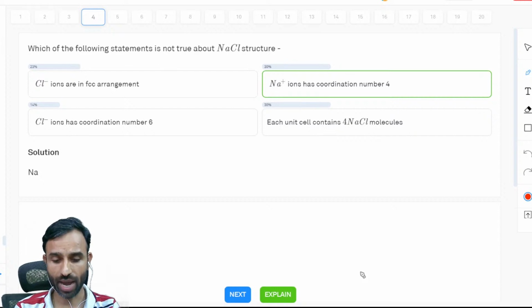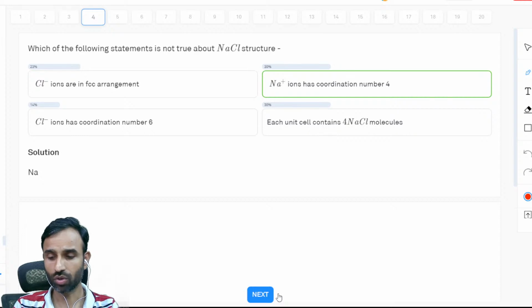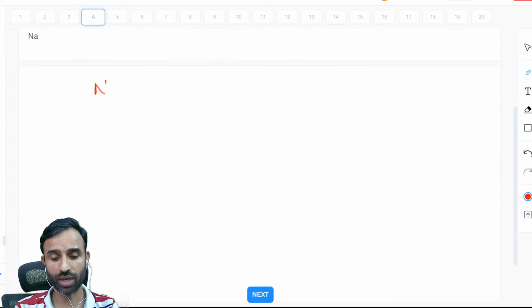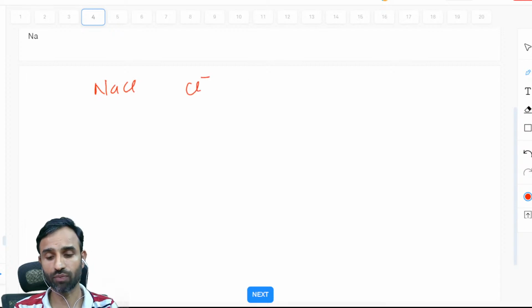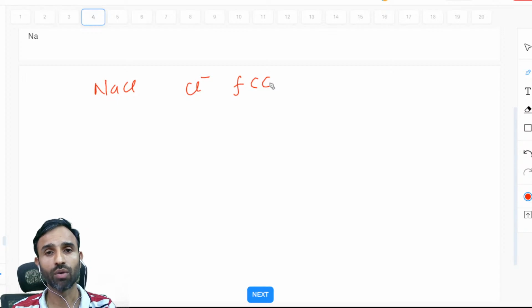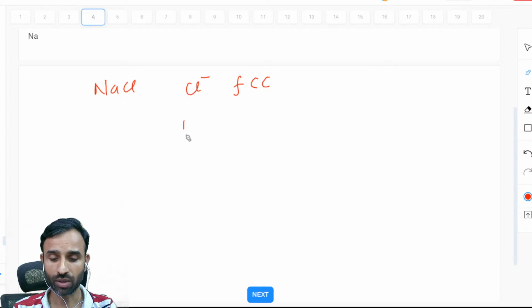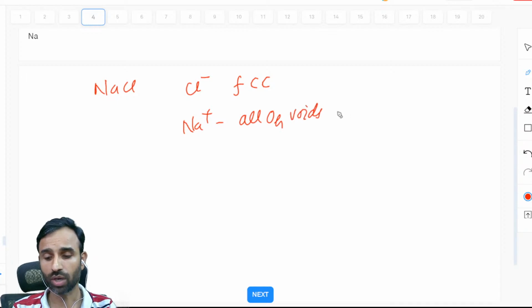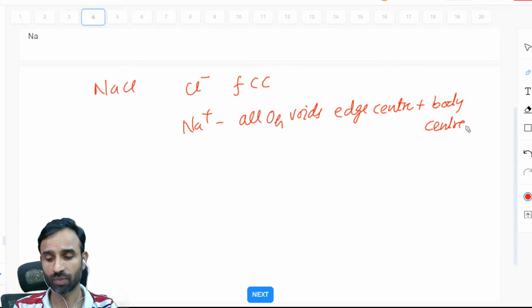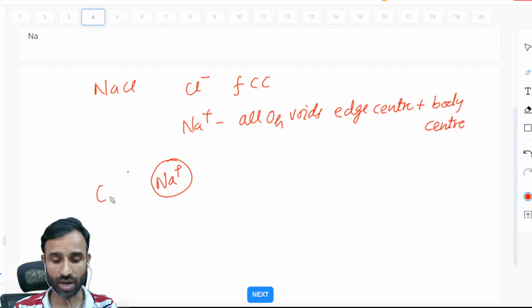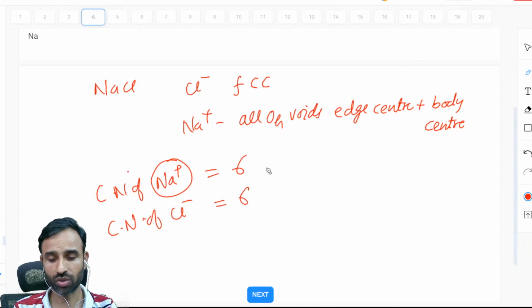ओके बेटा, तो इसमें क्या है, NaCl टाइप क्रिस्टल है। NaCl टाइप क्रिस्टल में Cl⁻ आयन FCC और CCP बनाते हैं, मतलब वो कॉर्नर्स पे और फेस सेंटर्स पे होते हैं। और Na⁺ जो है वो सारे ऑक्टाहेड्रल वॉइड्स ऑक्युपाई करता है, मतलब वो एज सेंटर और बॉडी सेंटर पे होते हैं, ठीक है। तो हर Na⁺ 6 क्लोराइड आयन से सराउंडेड है, सो कोऑर्डिनेशन नंबर ऑफ Na⁺ इज 6 और कोऑर्डिनेशन नंबर ऑफ Cl⁻ इज आल्सो 6, मतलब यह 6:6 है।